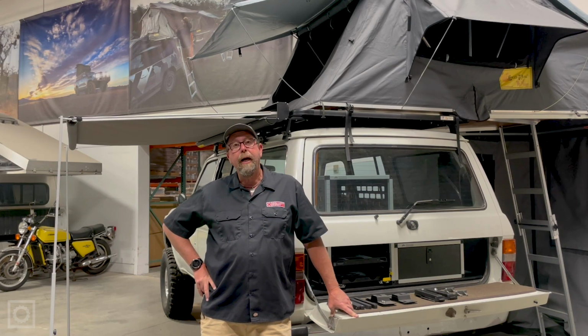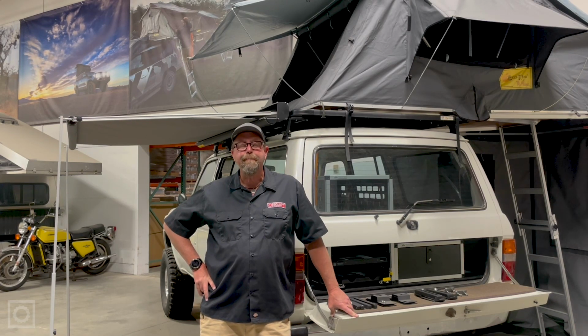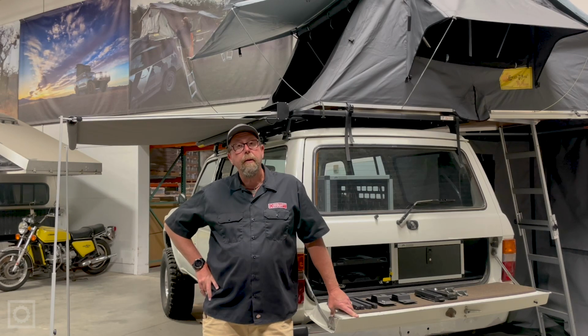market. Eezi-Awn was one of the first out to come out with the rooftop tents, and they developed a mounting system that has provided a solution for most of the ones on the market since. So let's talk about, first of all, the mounting solution that's on the bottom of the tent that we start